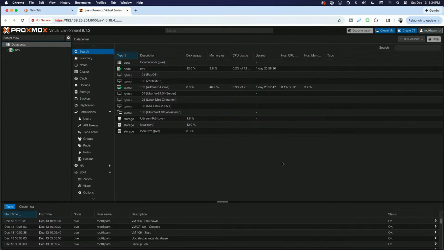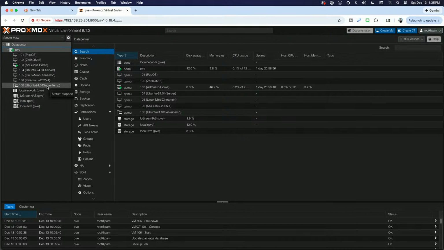I graduated from running VMs on Synology and Ugreen NAS boxes to running Proxmox, and I have a couple of virtual machines going already. I have the latest Pop OS, which I know Jeremy covered in his stream last night. That was the first one I installed earlier this week. Then Zorin. I have AdGuard Home running here. It was originally running in Ugreen OS, but I moved it to here.